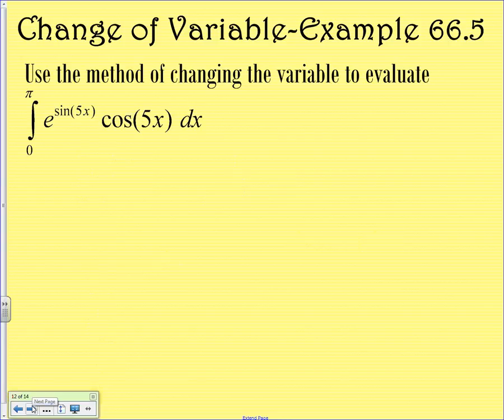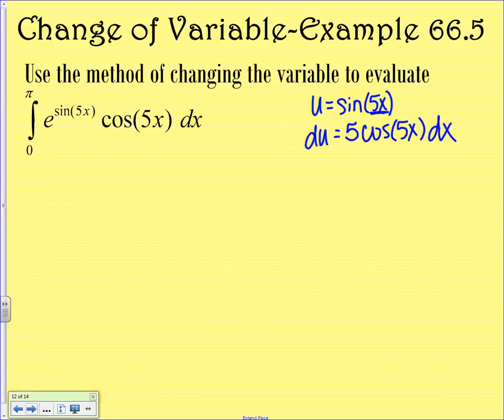We're going to use a u substitution. What do you want your u to be? I think it'll be easiest to make it sine of 5x, because we have e to that. So our du, the derivative of sine is cosine, but then we have to take the derivative of this 5x, which is 5, and we took the derivative with respect to x. So looking here,